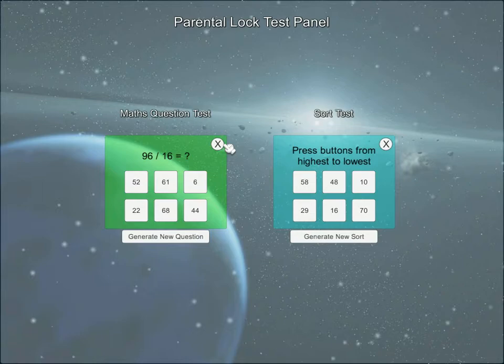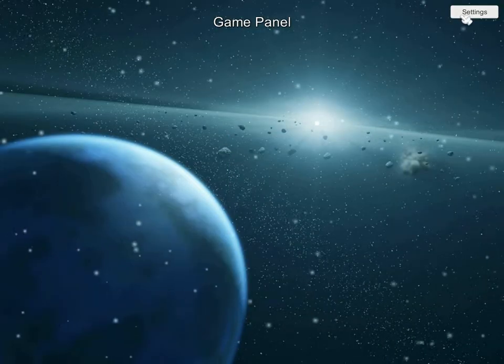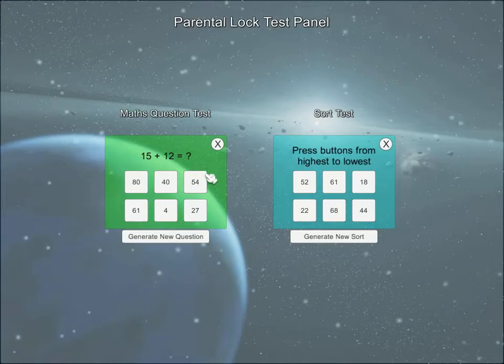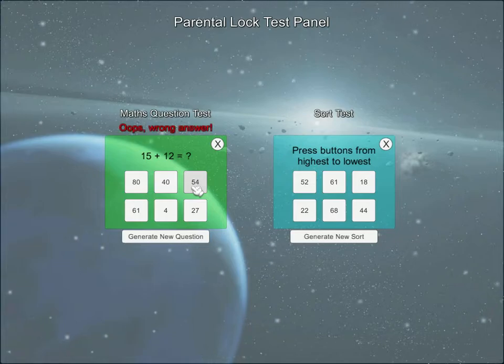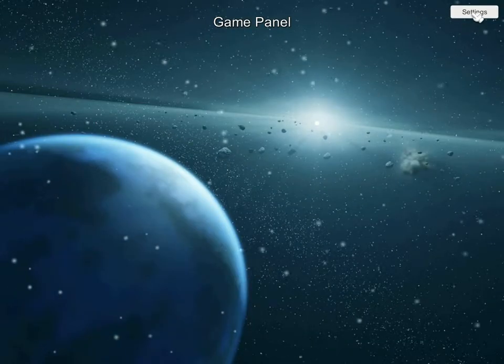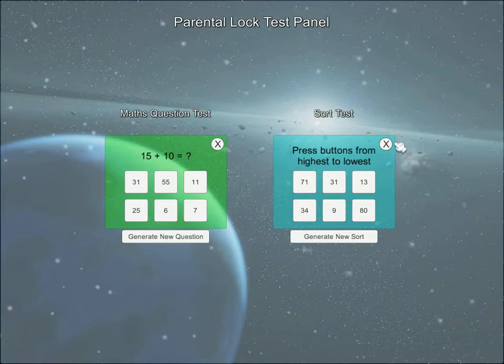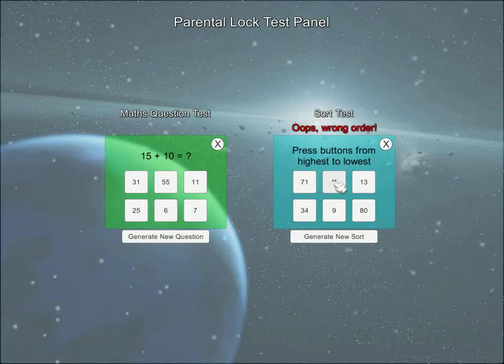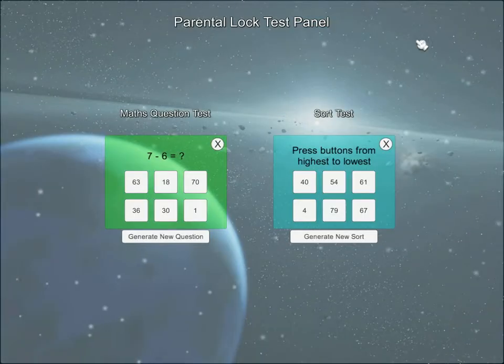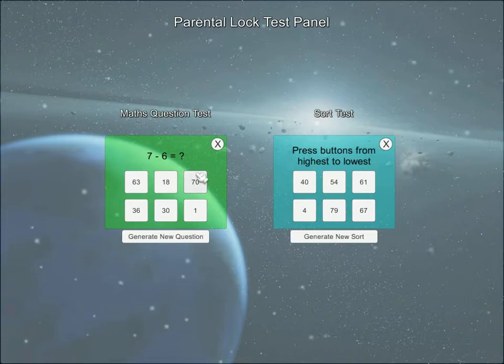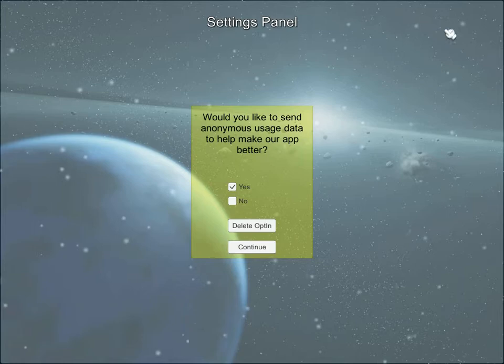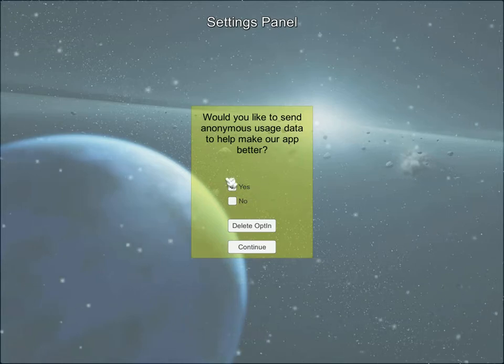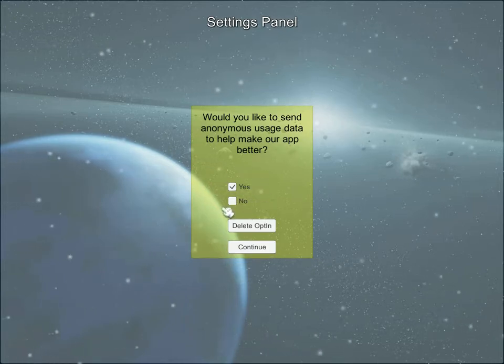A couple of particular things. If you just click on here, it'll set you exit back out. If you get the answer wrong, it'll tell you and go back out to the game. Same with this one if you start the wrong order. If we want to do it right, 7 minus 6 is 1. Bingo, correct. And we go through the settings panel finally, which is where we can change the usage stats again